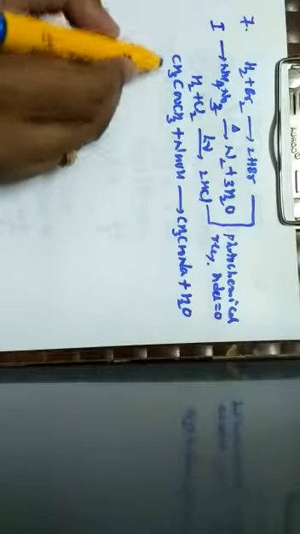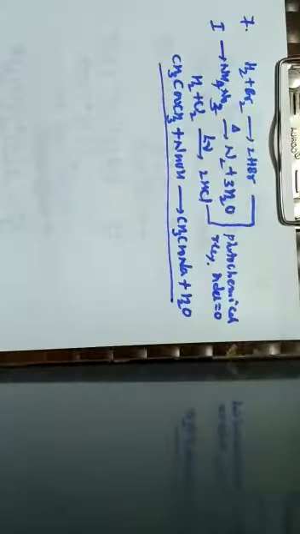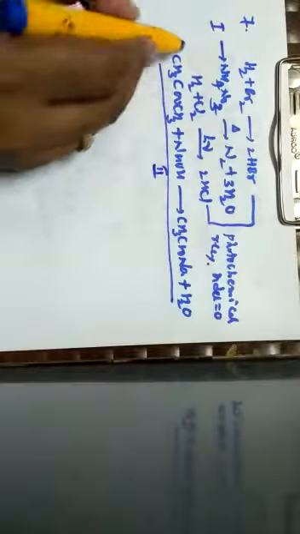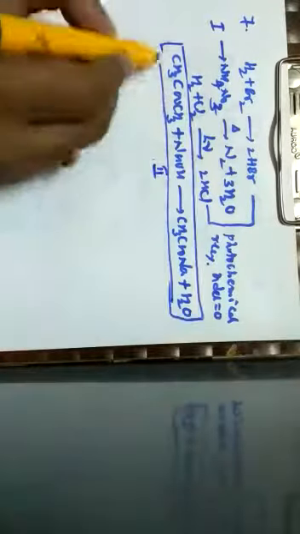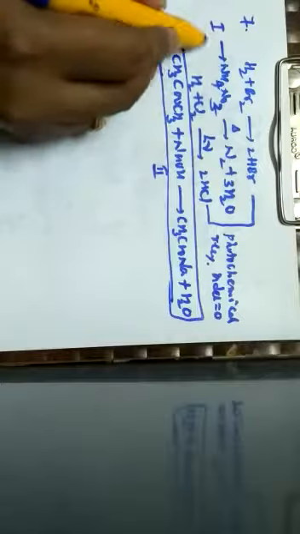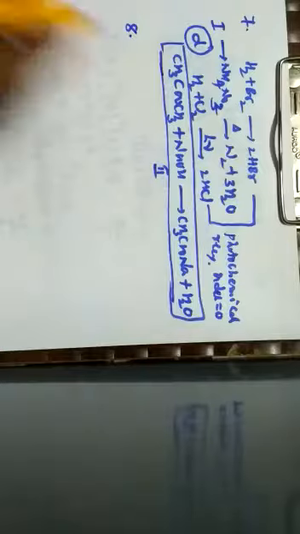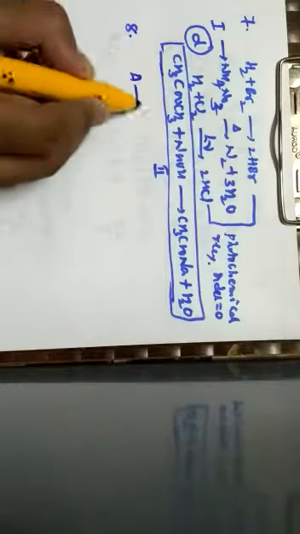And when it comes to saponification, this is known as saponification or hydrolysis of an ester by an alkali. Here 2 reactant molecules are involved, hence it is a second order reaction. So this equation is an example for second order reaction, which is given by the option D. Next one, question number 8. For a chemical reaction, they have given that A gives rise to B.